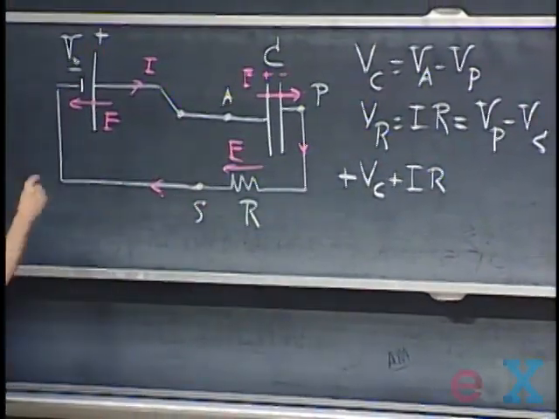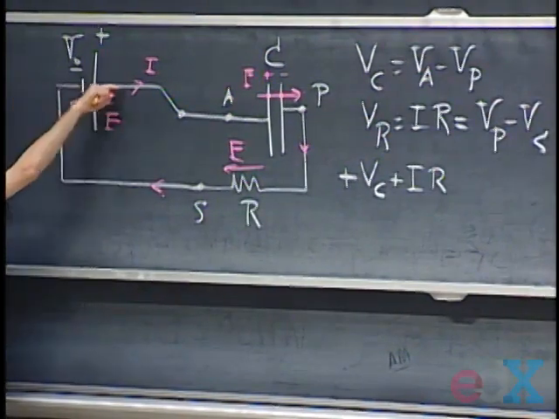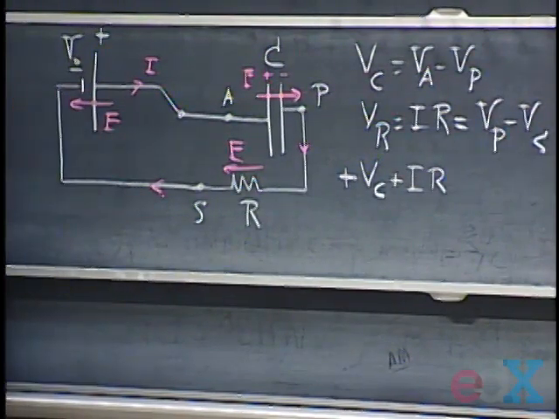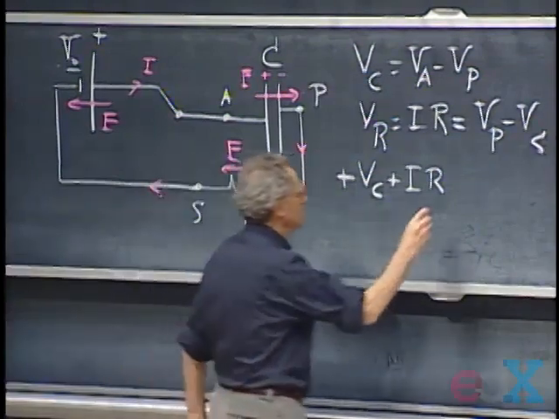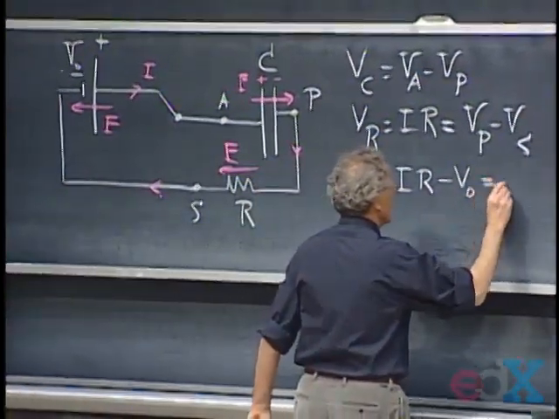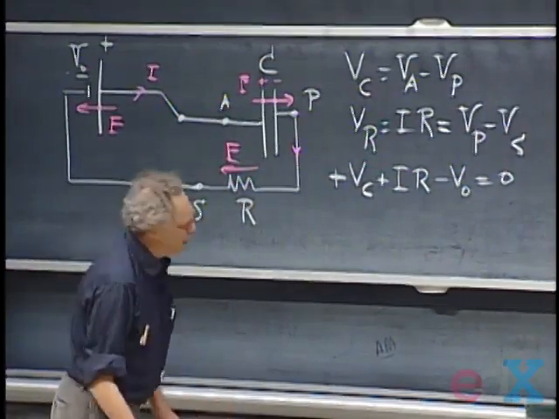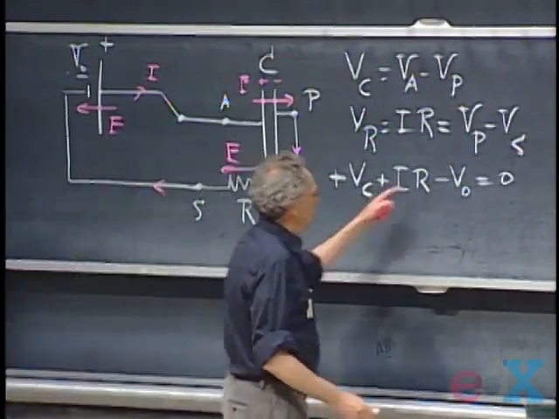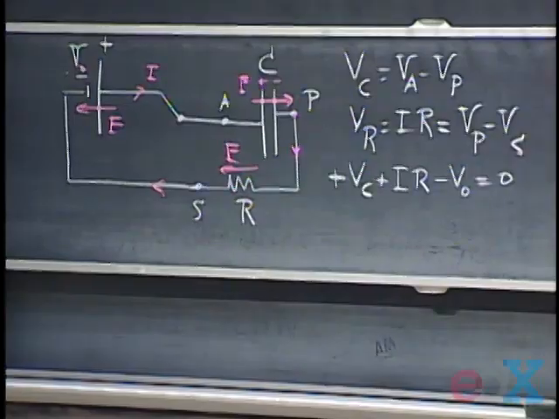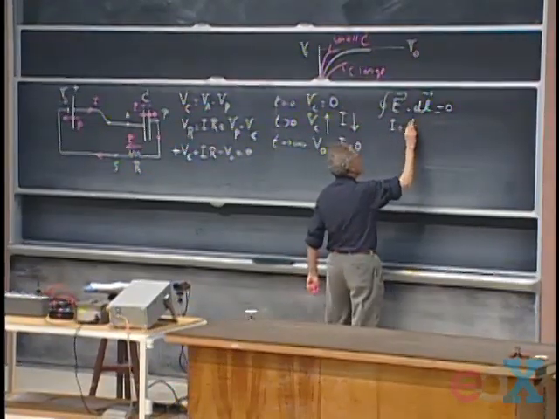Then I come through the battery, now the electric field is opposing the direction in which I go, so I get minus V0, and that is 0. So that's my differential equation, and I can write it differently because I know that I, the current, is dq dt,